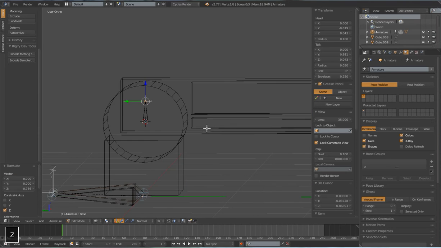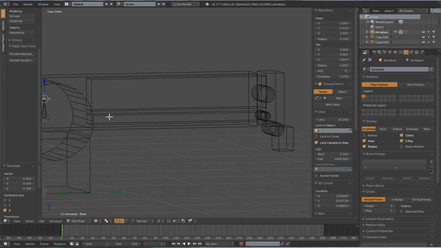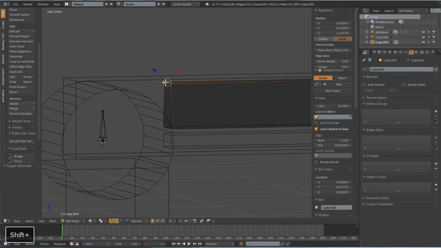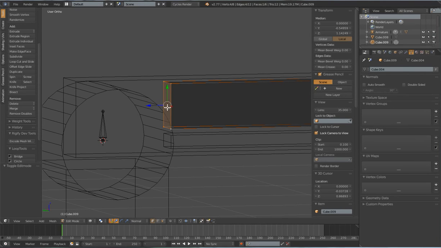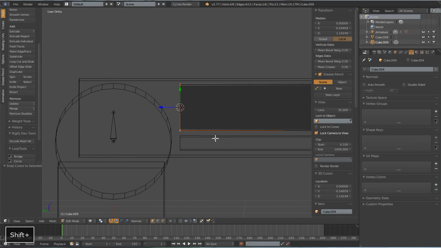Now I'm going to go into wireframe mode so I can see these inner piston meshes we've got here. Now select one of these meshes. I'm going to tab into edit mode. Now I want to select these last 4 vertices, Shift S, cursor to selected, and now what I want to